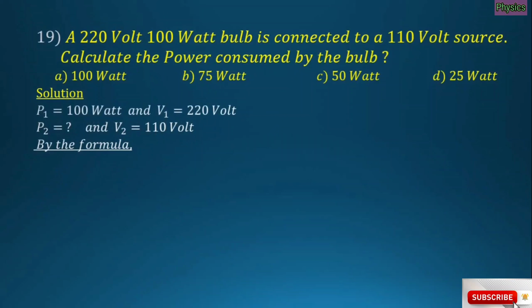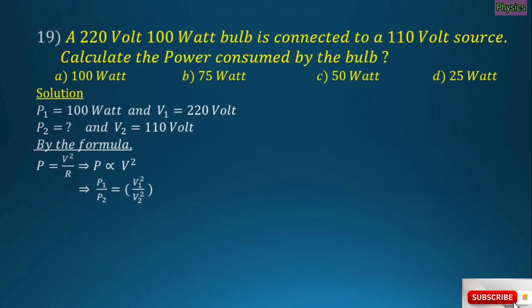In question number 19, a 220 volt 100 watt bulb is connected to a 110 volt source. Calculate the power consumed by the bulb. You have to know what is given. That is, power of the first bulb equals 100 watt and voltage is 220 volts, and power of the second bulb we don't know, and voltage of the second bulb is